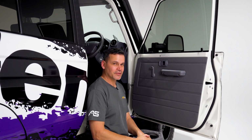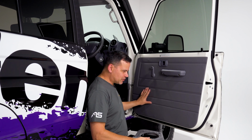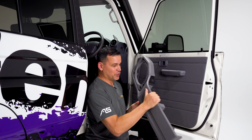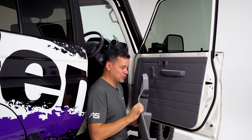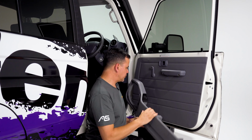So here we have the driver's door. Very old school design, dead flat. I haven't seen a door trim like this in a long time. And that's why Alpine had to put in so much work to create this unique piece. And this is unique to Australia only. It's a brand new kit. It's the only place you can get it. It's exactly the same grey colour as the trim, and it's going to mount